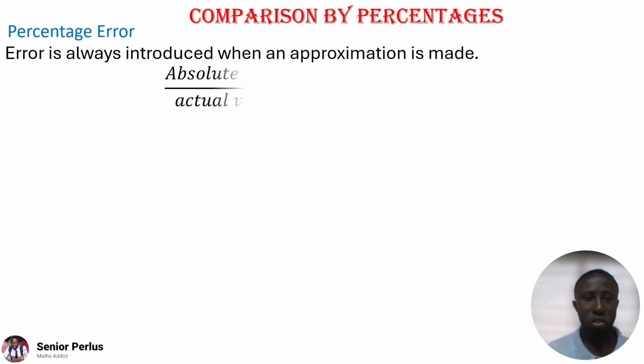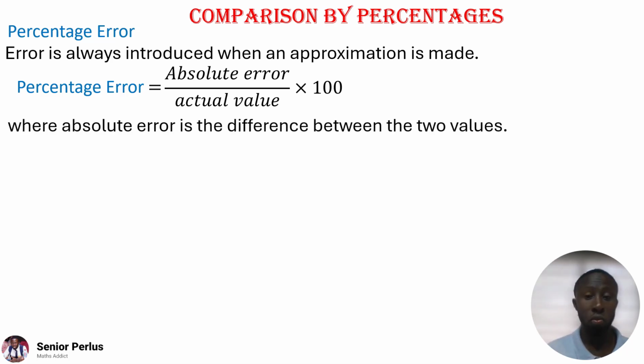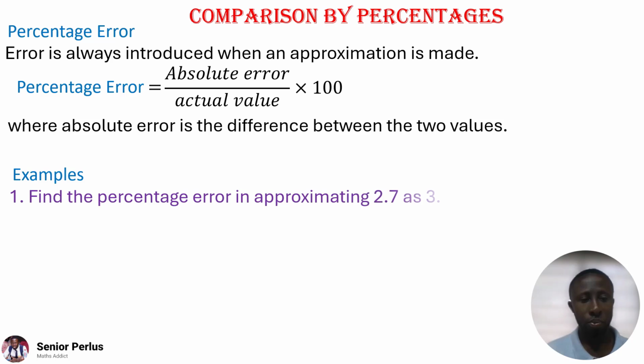Good. So we have the error. The percentage error is the absolute error out of the actual value times 100. And the absolute error is simple, the difference between the two values, like the percentage change where you're doing the decrease or increase, or the difference between the two values. Good. So this absolute error out of the actual one, that's percentage error. So example,